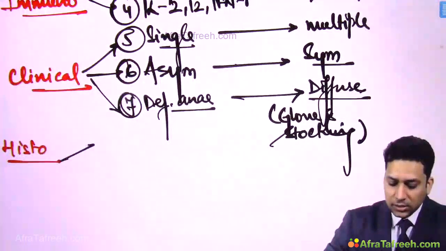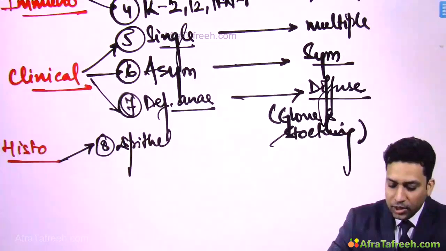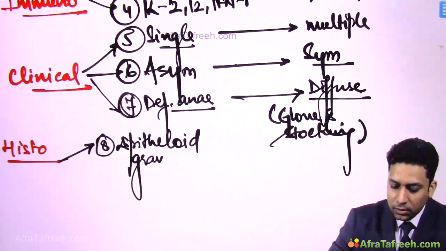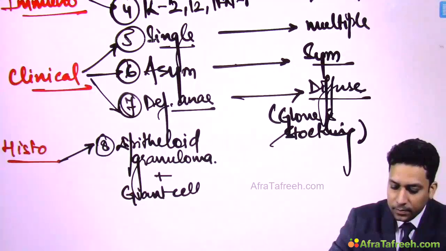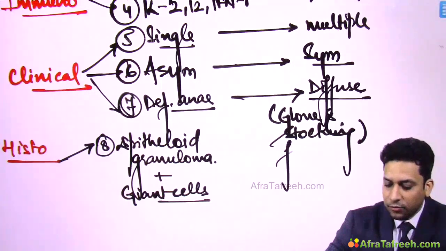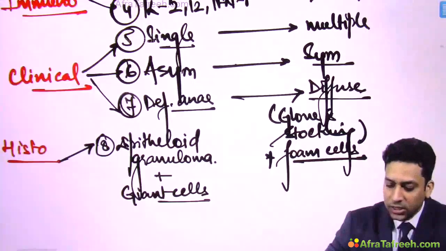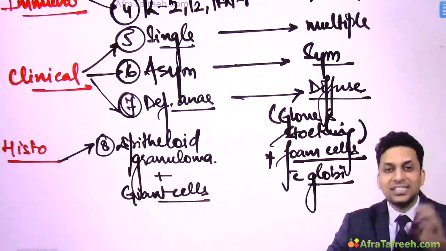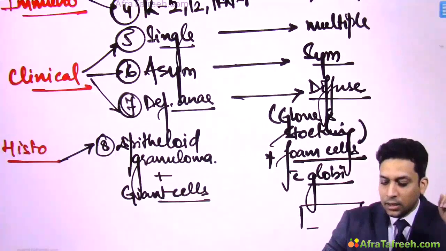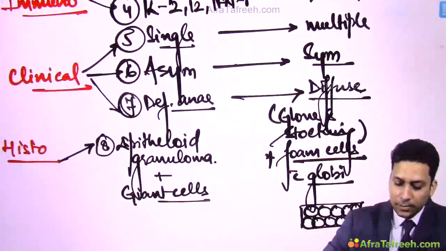Then histology also changes. In TT pole, you will get epithelioid granuloma with large and abundant giant cells, while in LL you will get foam cells. Foam cells are lipid laden macrophages, so large and abundant foam cells with globi. Globi is the cigar pack arrangement of these foam cells. Like if you see the specimen, you will find these foam cells compactly arranged, something like this, giving cigar pack arrangement.